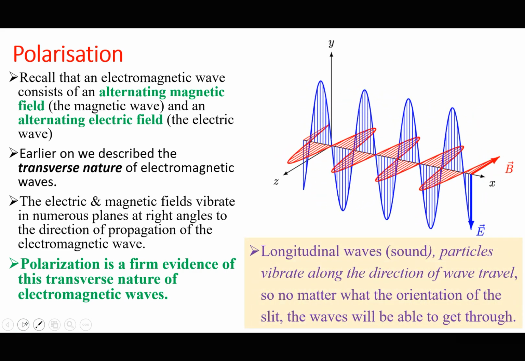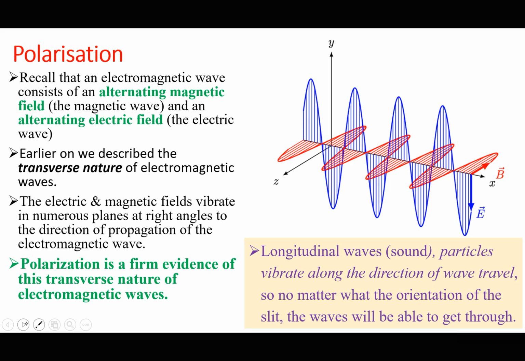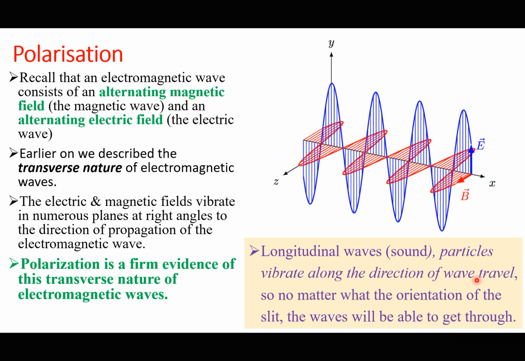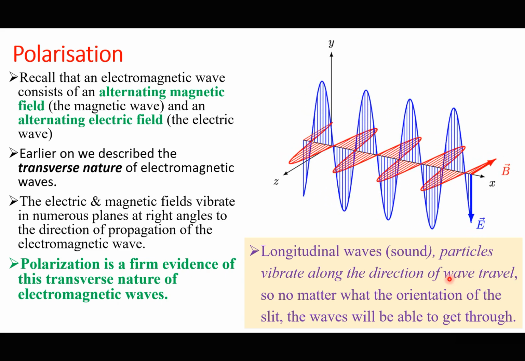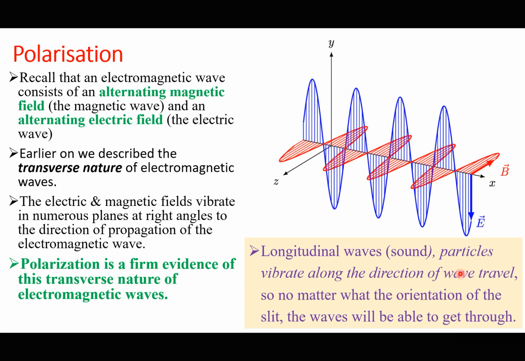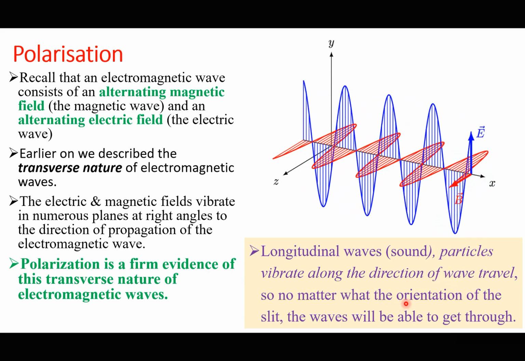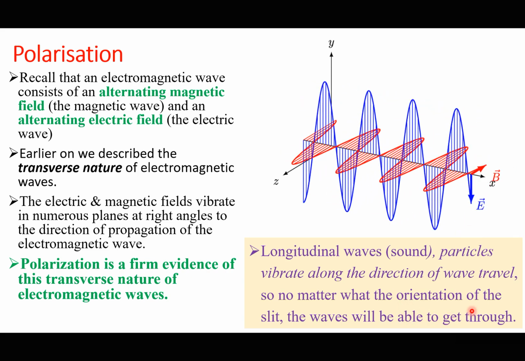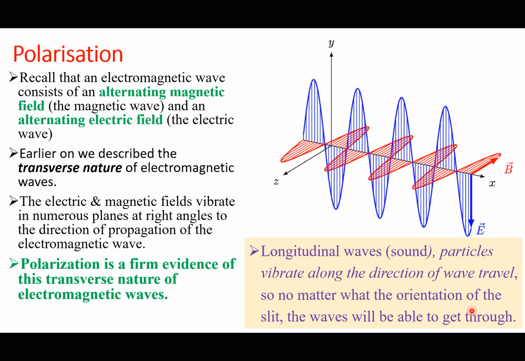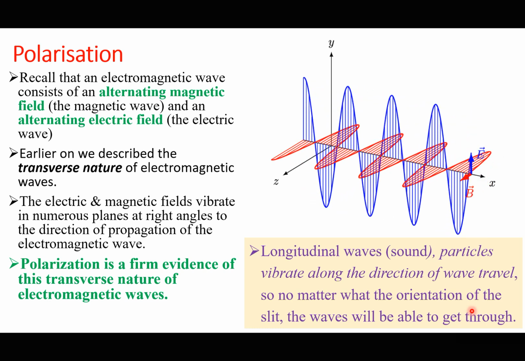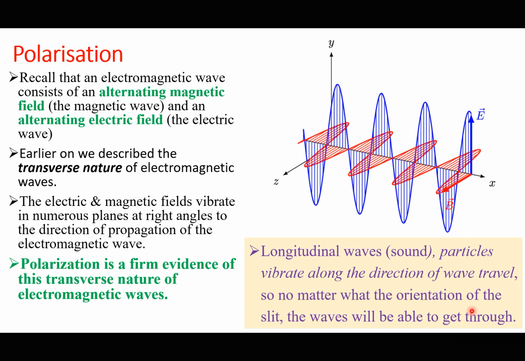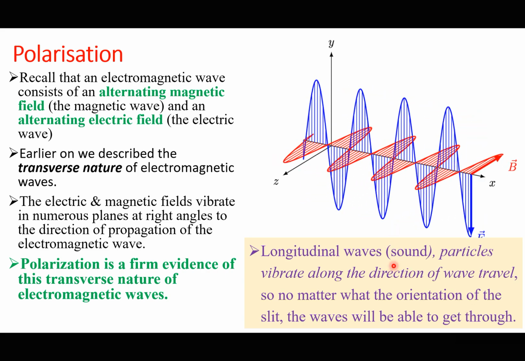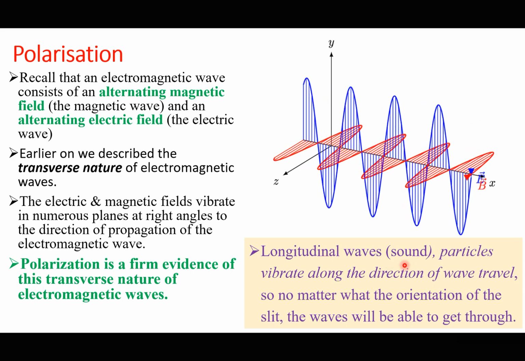Longitudinal waves, such as sound, have their particles vibrate along the direction of propagation of the wave travel, or the particles vibrate parallel to the direction of propagation of the wave energy. So no matter what the orientation of the slit, the waves will be able to get through. Whether the slit is horizontal, the waves will always pass through. After all, the vibrations are always parallel to the direction in which energy propagates. Whether the slit is vertical, the waves will always go through because the vibrations of the waves are always parallel